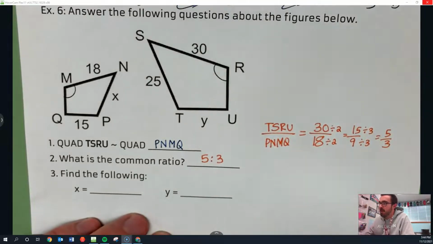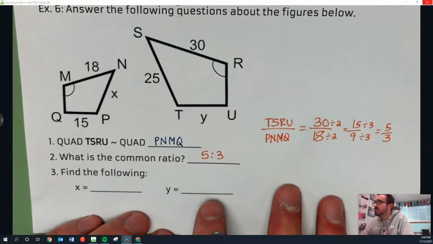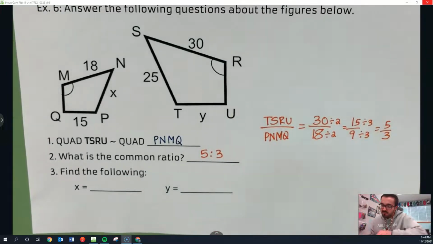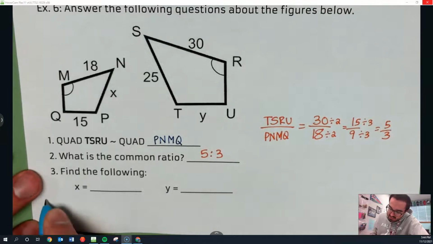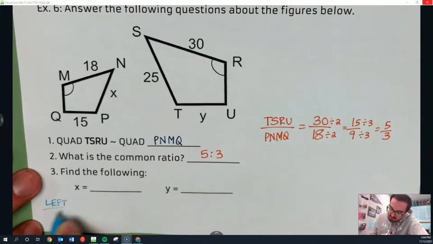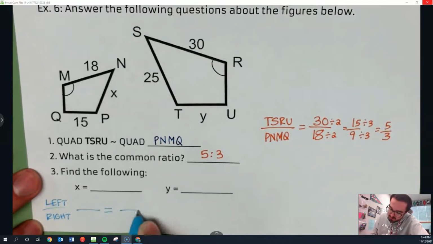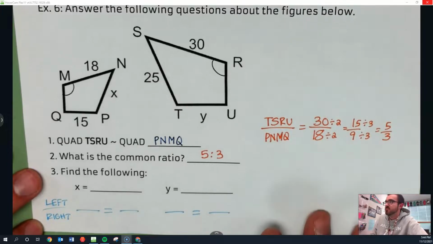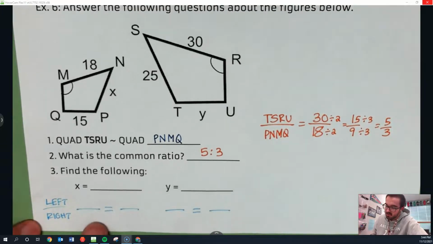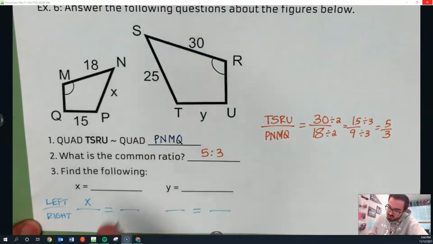Okay, these at the bottom, let's do these real quick. If we're trying to find x, let's stay consistent. So let's do left over right. Let's just make that our strategy and stick to it. So we're going to have a proportion here. Same thing over here. We're going to have a proportion. So let's do these one at a time. So x, we're going to have left. So x matches what? 25